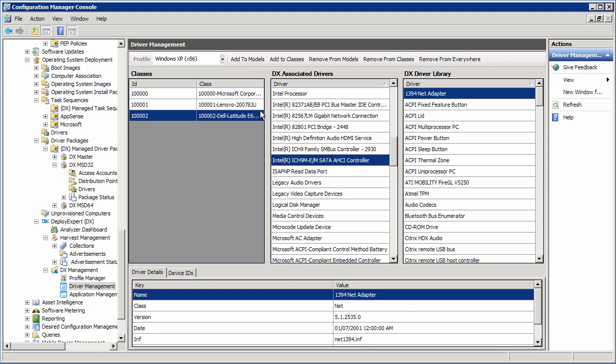It updates your task sequences for you to make sure that they are new driver packages, but only keeps one copy of every driver in that master package. And furthermore, it manages your mass storage devices within the Windows XP task sequence, which takes another big headache out of the equation for you. So I hope you've been able to see that DeployExpert is really valuable and provides a great way to manage